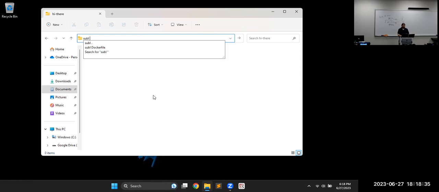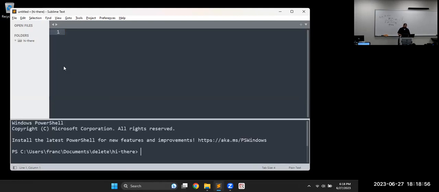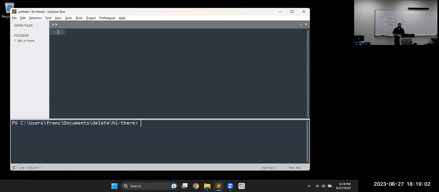So I'm going to do start sublime and just put a dot there. Might not show up on the screen. I did the dot for this folder to open the whole project. In VS Code, you would do the same thing. So put code and then a dot, and then it automatically opens the folder and stuff. Do the same thing in the terminal, when I have Sublime set up with the PowerShell connected. Just to do the whole thing,